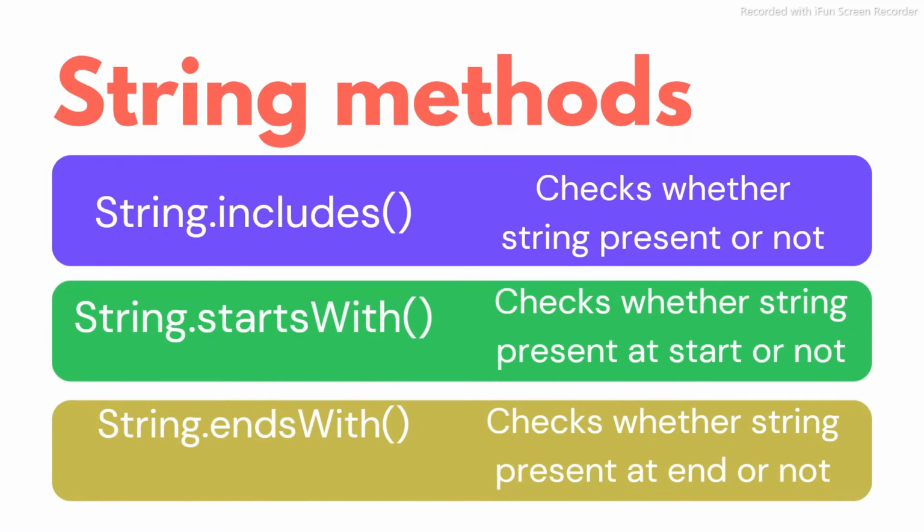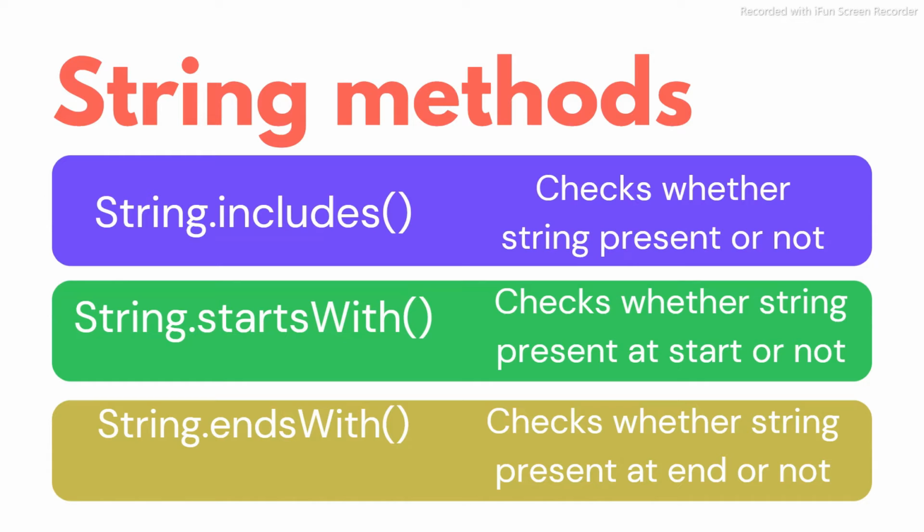Well, we have discussed a lot of string methods in normal JavaScript, and this ES6 adds a lot, and it includes string includes, string startsWith, and string endsWith. Using string includes, we are able to find whether a specific string is present or not. It is a boolean function, therefore it is going to give a true value if it is present, and a false value if it is not present.